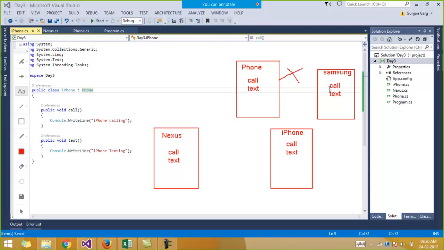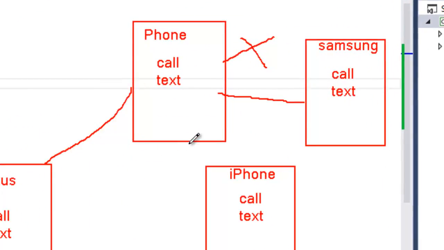Samsung is also a phone, and it will also have the functionality of calling and texting. So since it will have the functionality of calling and texting, it will also implement the phone interface. Right now the Nexus and the iPhone class are implementing this phone interface, but when the Samsung class comes up tomorrow, it will also implement this phone interface.